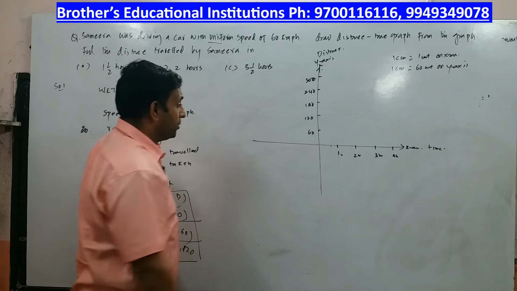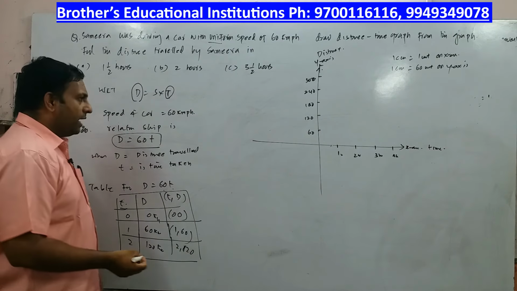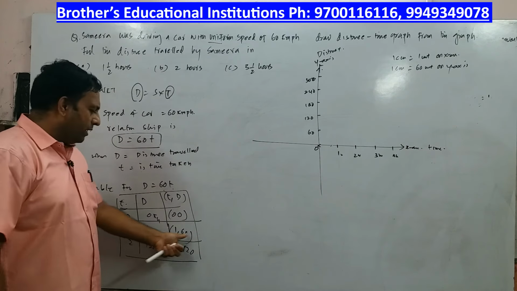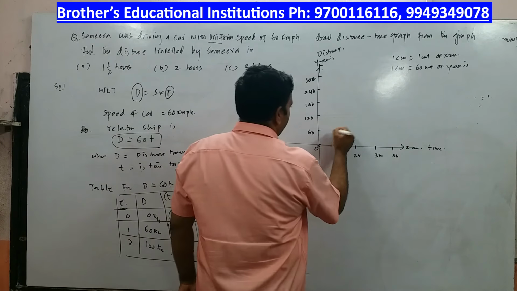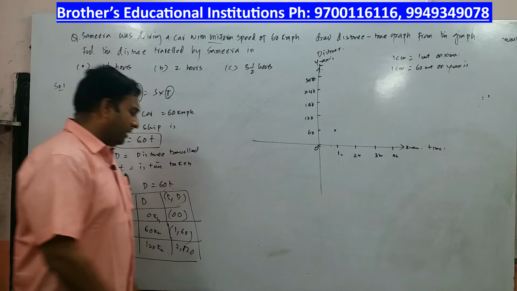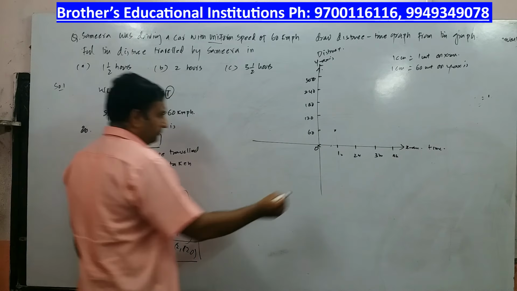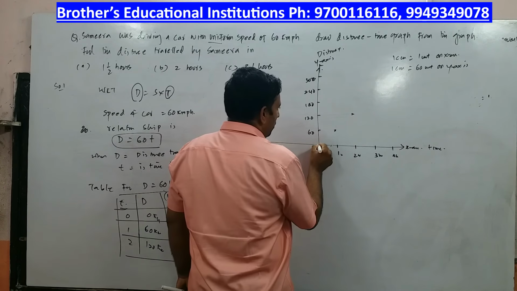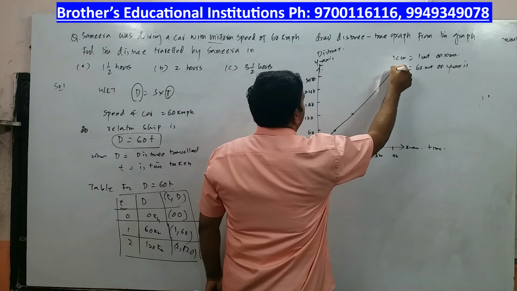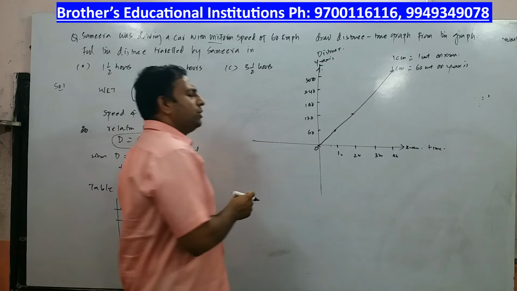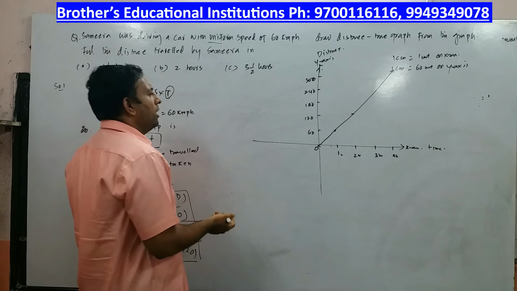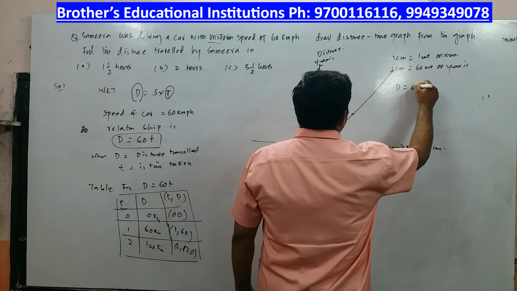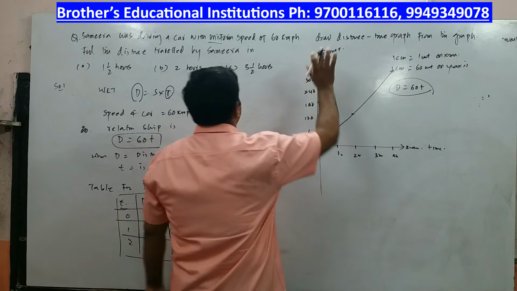Now how do you proceed with the problem? You have to draw the graph. This is x equal to 0, y equal to 0, this is the point. And now (1, 60): this is 1, this is 60, this is a point. (2, 120) is the ordered pair: this is 2, and this is 120. And when you draw a line using a scale, you can see a line passing through the origin, right? So you got a graph for the relation d equal to 60t. This is the graph. We have done our job.